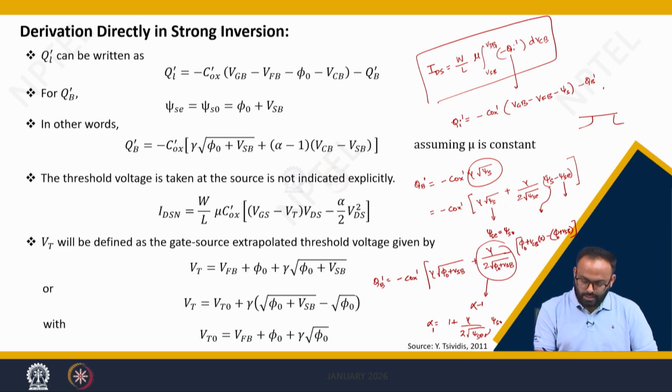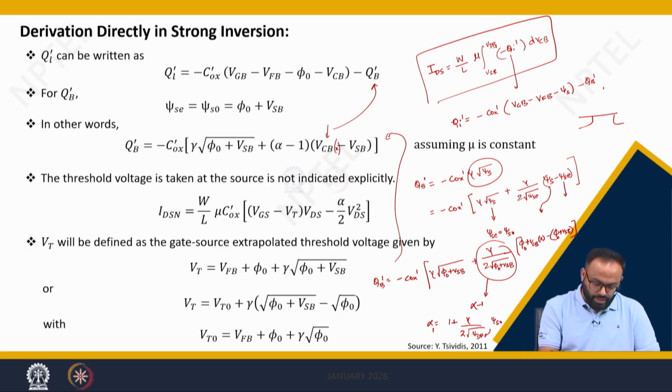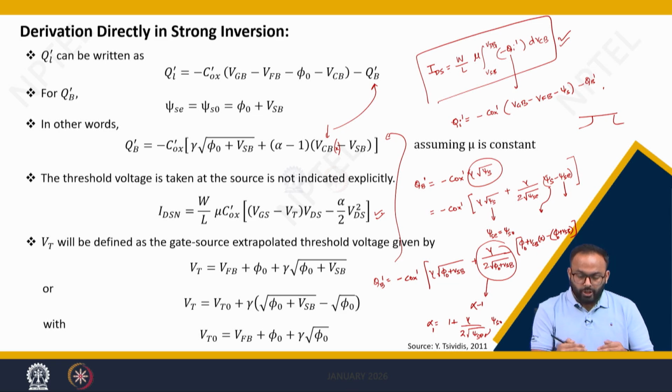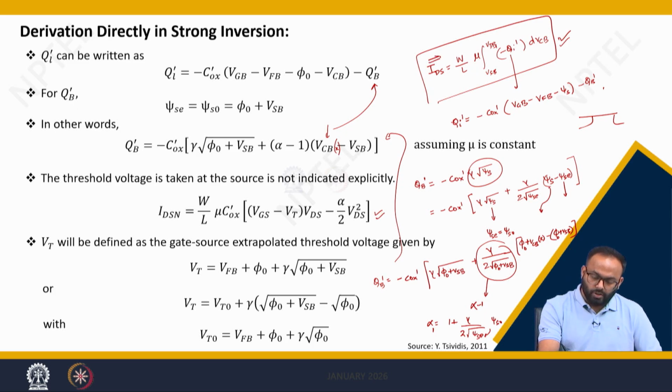We have already discussed this fact. So out of this you will get this equation in terms of VCB, which is a function of x. You keep this value here and put that equation in this equation, and ultimately you will end up with the same solution. So we need not go again for modeling of surface potential. We can directly calculate the drain to source current by using this equation,